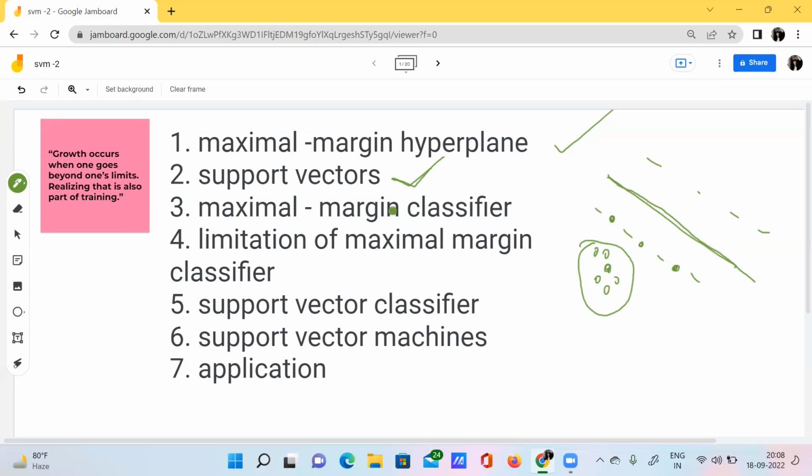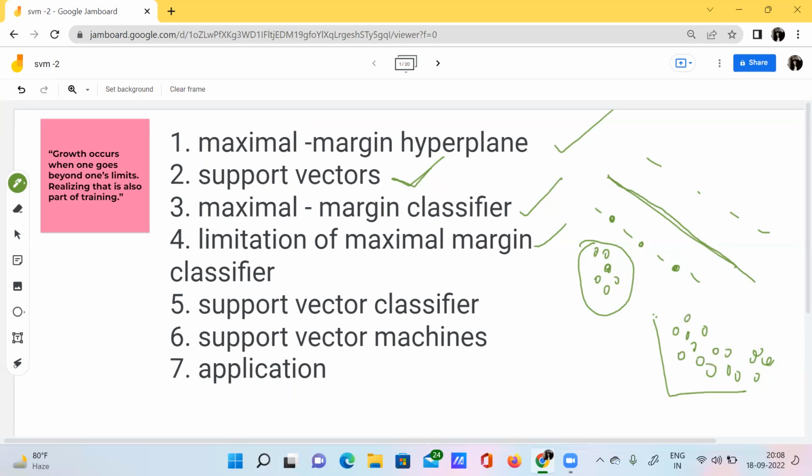Okay, so I have explained what is meant by the maximal margin classifier, and then what all the limitations are. The limitation of the maximal margin classifier is the non-linear case. If we have all the data points separately, we can use the maximal margin hyperplane like this. But what if all the data points are actually mixing?